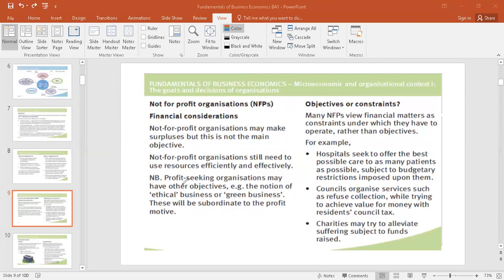In case of not-for-profit organizations, what do we understand? How do we measure the performance? There's a concept for these organizations which we call value for money. The value for money, whatever is the money which is spent on these organizations. Of course, we ruled out that their purpose is not to make any profit. That part of it is completely ruled out. So here then again, how do we measure the performance?